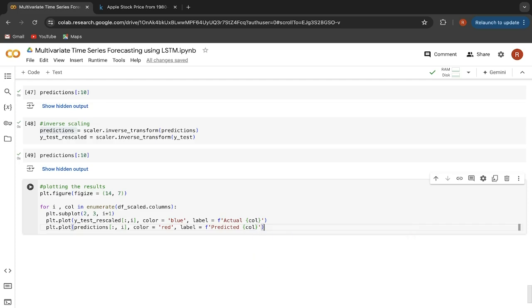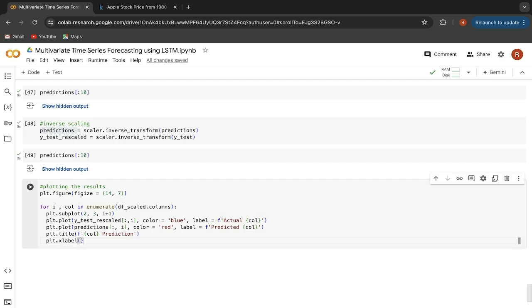After that, we also have to give the title to our charts. So let me say plt.title. The title will be the column name itself. So let me say column name and prediction, or instead of price prediction you can just say here prediction. After that, let's give the x label and y label. So let me say plt.xlabel.